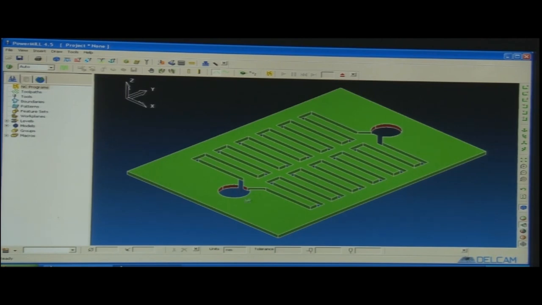So, we can see that there is a circular profile, there is an angular profile here, there is a linear profile here. So, this is linear x, linear y. So, when the tool is going down, it is linear in the z direction. So, whenever we generate the code with the help of any software, we need to take care of 3 major things. Number 1, machine tool, number 2 is cutting tool, number 3 is the job where we need